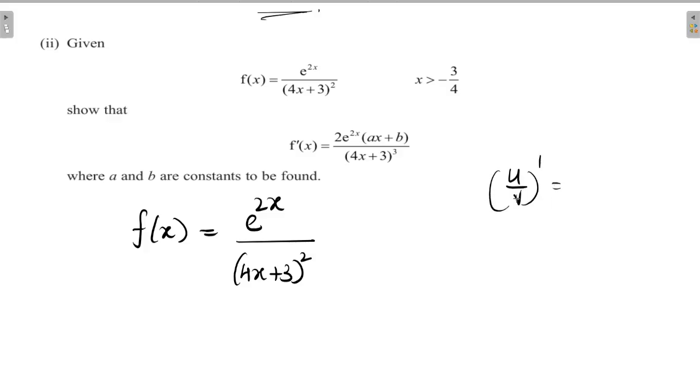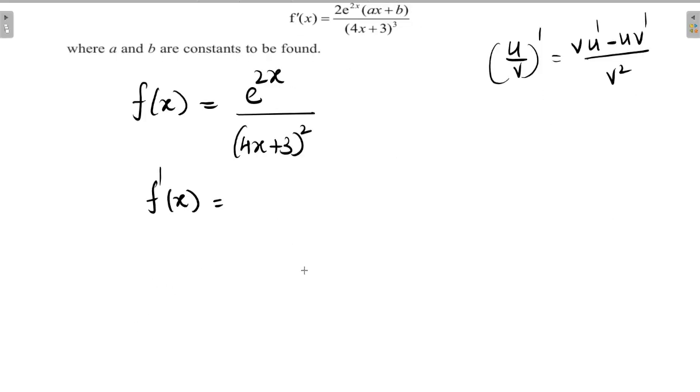So, when we are differentiating the fraction, v into u dash minus u into v dash divided by v square. Let's find f dash of x. F dash of x is equal to u into v dash. So the denominator is considered as this is v, this is u. So 4x plus 3 the whole square times e power 2x. The differentiation of e power x is e power x. But differentiation of e power 2x is e power 2x into differentiation of this 2x. So 2